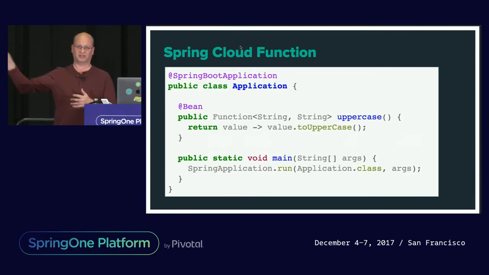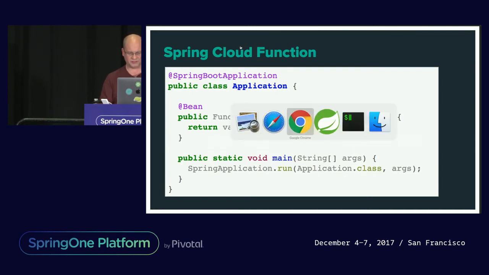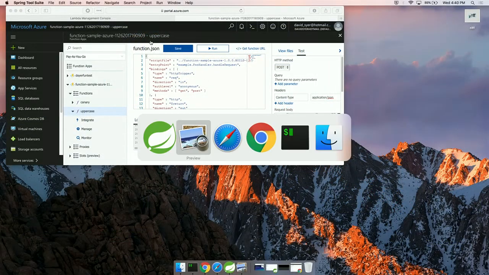So this is a Spring Boot application, okay? It says on the top right, @SpringBootApplication, which is executable in Spring Cloud Function. This is a function, which is a bean, and it transforms strings. It's kind of simple. For some reason, this is the poster child. This is the app that everybody writes, their first Hello World app with serverless. So what I'm going to do is actually build that thing and run it,